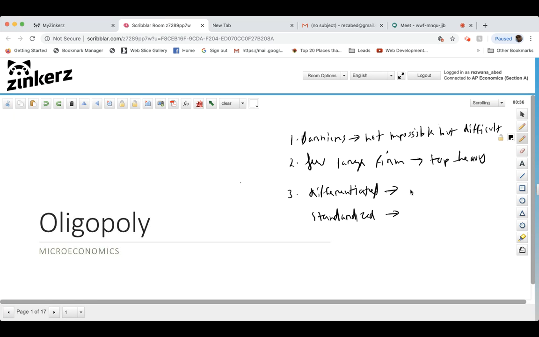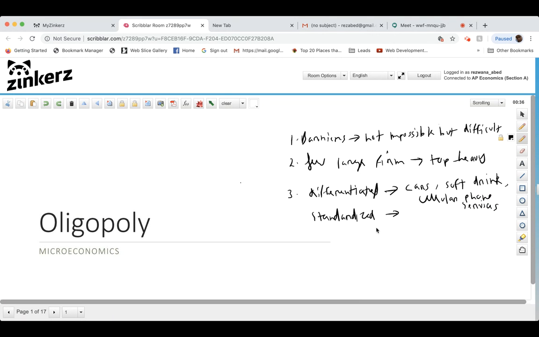Maybe cars. Good. Yes, cars are a good example, right? We want variety in the type of cars we want to drive. And they're differentiated, right? Not all cars are the same, even though they might have similar features. But of course, there are also differences. Cars, we said soft drinks, cellular phone services. Okay. All those are examples of oligopolies that sell slightly differentiated products.